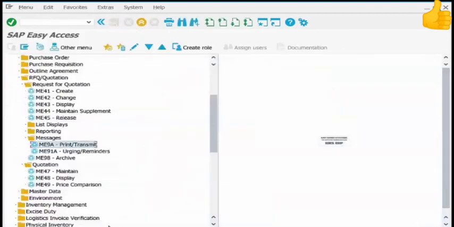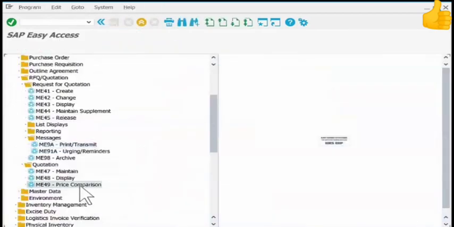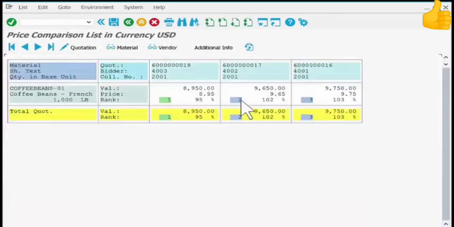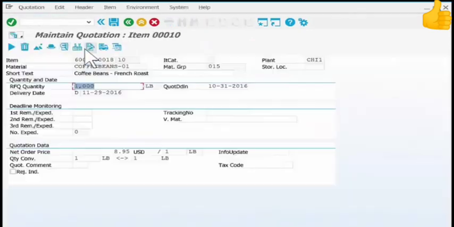The way to create that info record is, if you go to the price comparison, put the collective number of 2001, click execute, and select that line item, go to quotation, and if you say update info record,